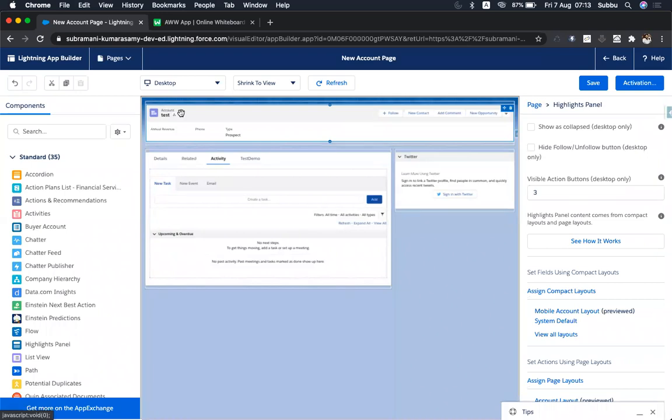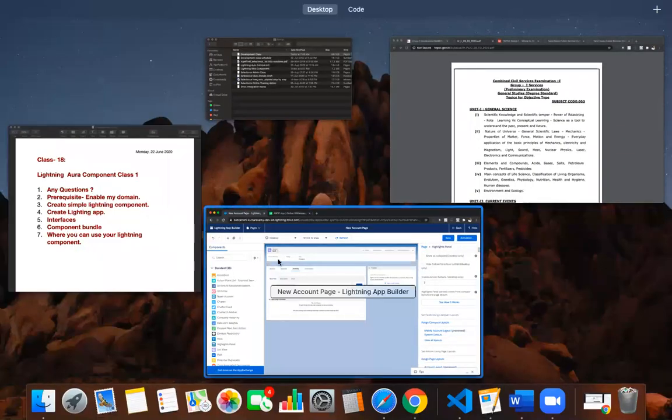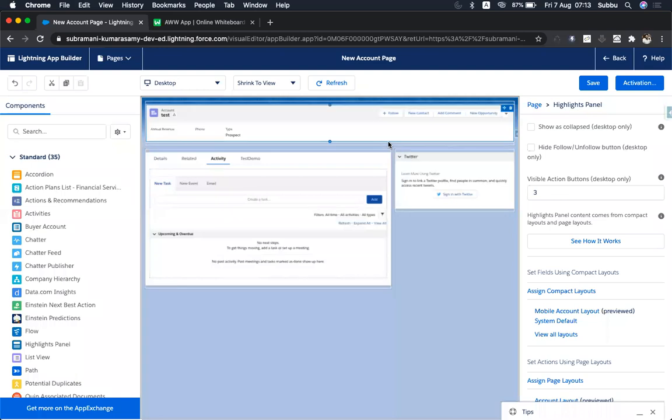And the most valid reason why they have moved to Lightning is something like this: if you use the Visualforce page and all the Salesforce Classic, it will go and hit the server every time. So all the logic, whatever you are writing in the Apex class, is server side. In the Visualforce page, how will you call the action?